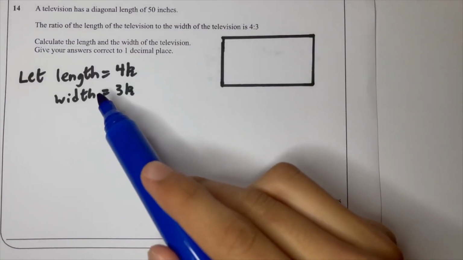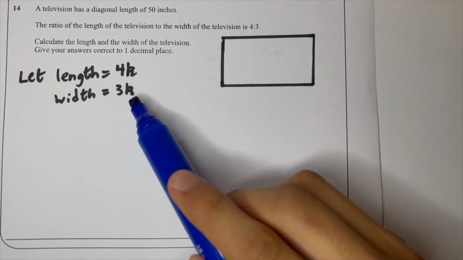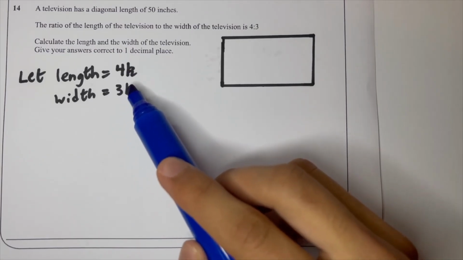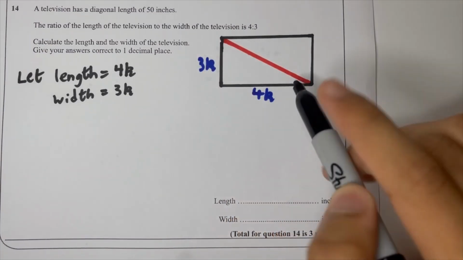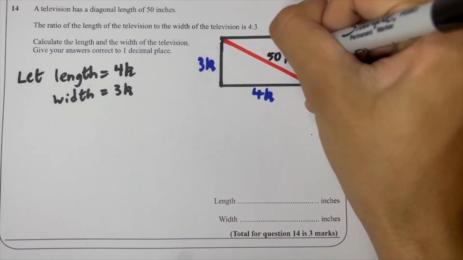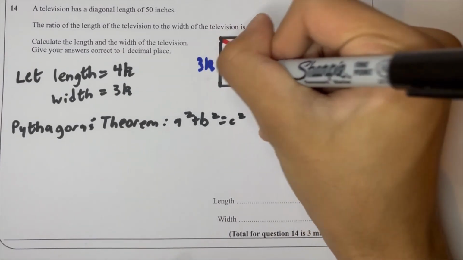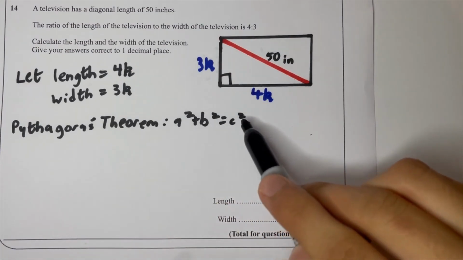rectangle. Now we let the length of this television equal 4k, and the width equal to 3k. It doesn't really matter at this point what the k means, but this maintains that the ratio between them is 4:3, like the question specifies. Then we can draw in the diagonal of this television, which we're told is 50 inches. Since this television is a rectangle, all of its angles are right angles. And now we've formed a right angle triangle, so we're free to use Pythagoras' theorem to work out our unknown